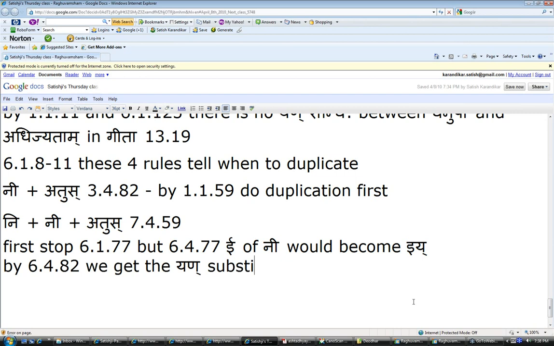I don't understand this ni plus atus 7459, and the first ni only becomes the hrsva. Because it's only the abhyasa bhaga. Only the abhyasa bhaga is affected. 7459 only says abhyasasya. So this entire section of 74, that's 58 onwards, only has the anuvritti of abhyasasya coming down. So it will only apply to this abhyasa bhaga only. Purva abhyasa, sutram purva abhyasa. So only the prior bhaga will take all those rules. So that's the reason why only that became hrsva.